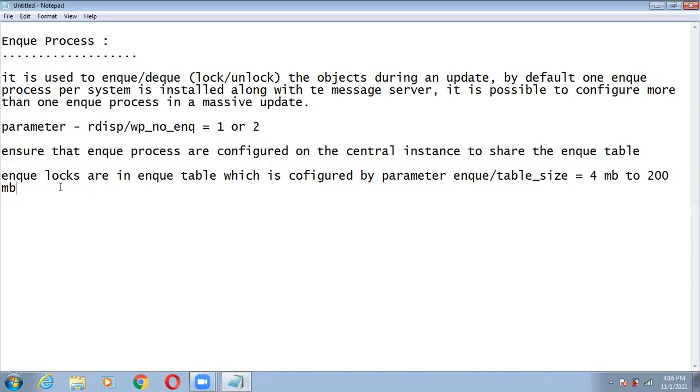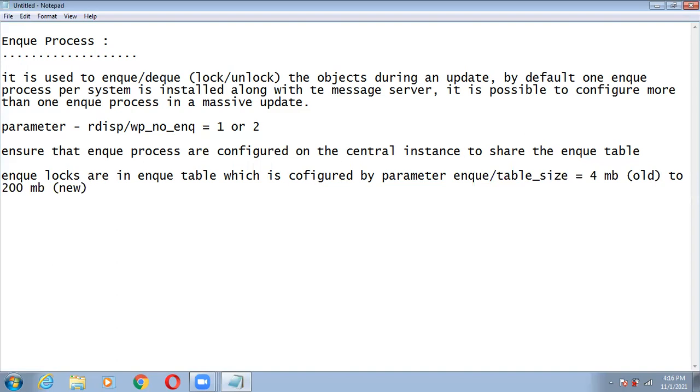So by default, like this. In the new versions, the table size will be 200 MB, and in the old version 4 MB.